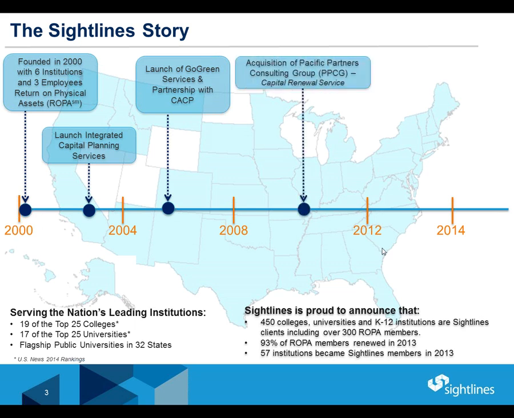And in 2009, we were able to acquire the Pacific Partners Consulting Group. Pacific Partners has been in business for about 25 years, and they had a predictive life cycle model that we've now retermed Capital Renewal Service, primarily used by state systems with some individual campuses. It gave us some new tools to really understand capital planning and life cycles going out into the future. And so over the last couple of years we've begun to think about how to incorporate the information from capital renewal.